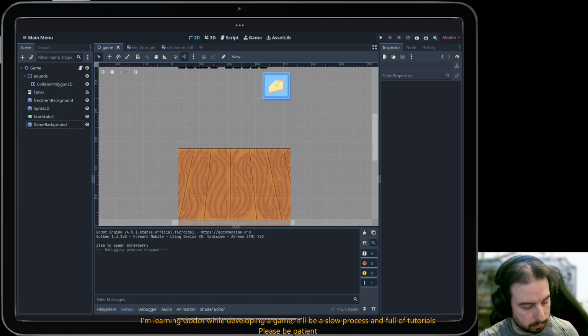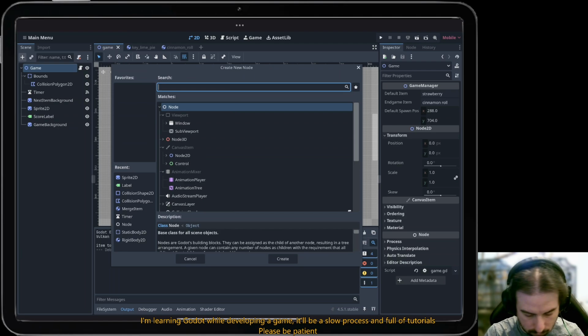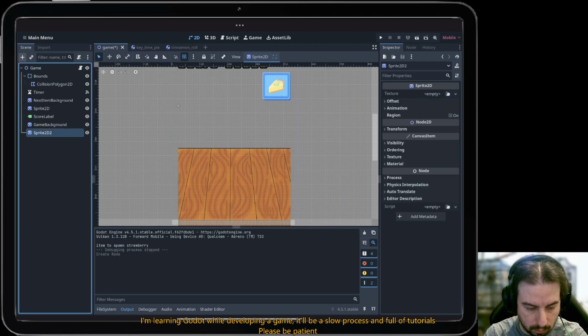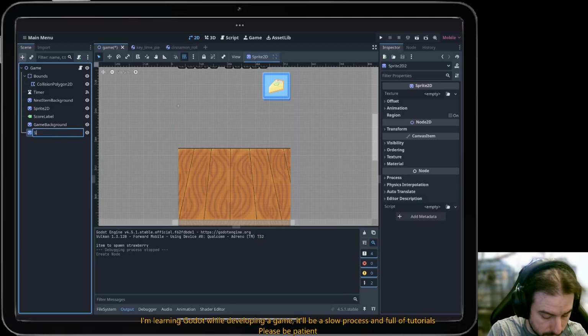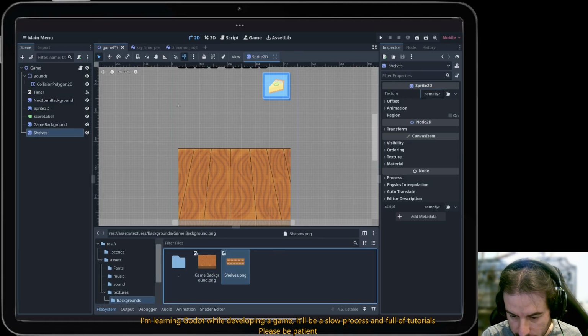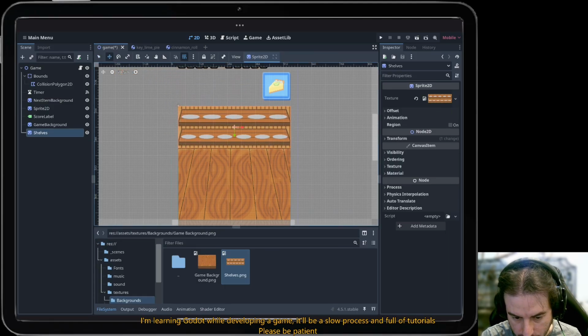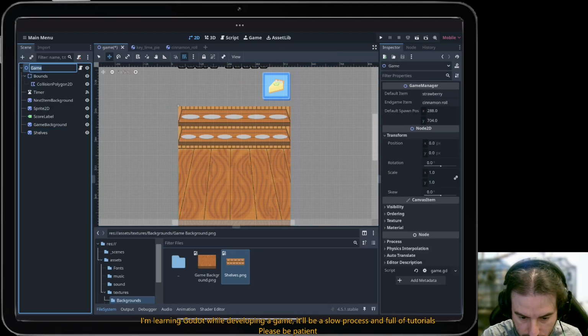And also we need to add a new Sprite2D, and we will call it shelves. And let's add the shelves PNG and move them there. Yep, there. So this is our full background, but we're not done yet, because now what I need to do is